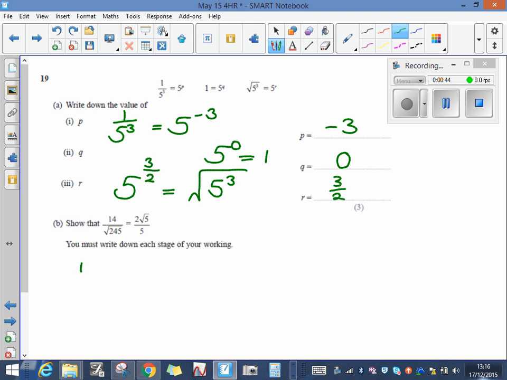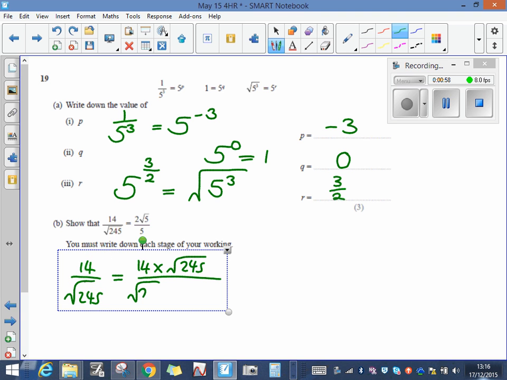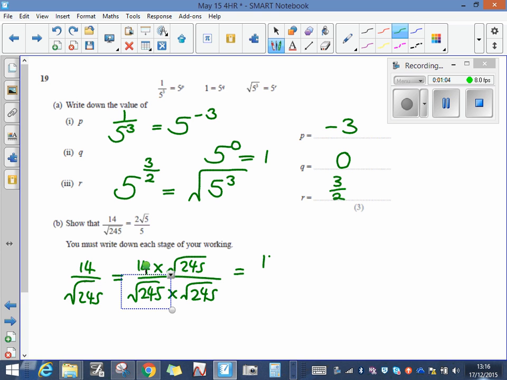Okay, next we have 14 over the square root of 245, and we need to simplify that. Now the first thing we need to do is remember that if we multiply the top and the bottom by the square root of 245, it gets rid of the square root on the bottom. We don't like surds on the bottom of a fraction. So the top just becomes 14 root 245, and the bottom, because we are squaring the square root of 245,